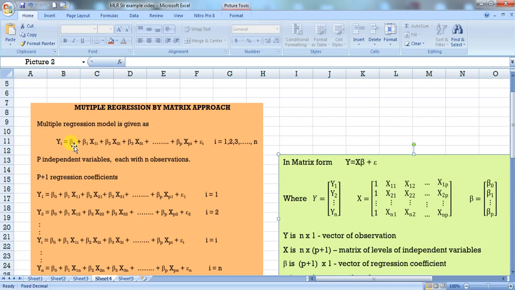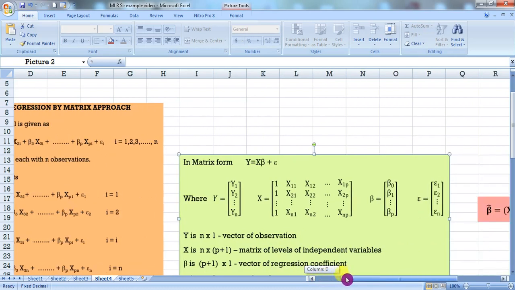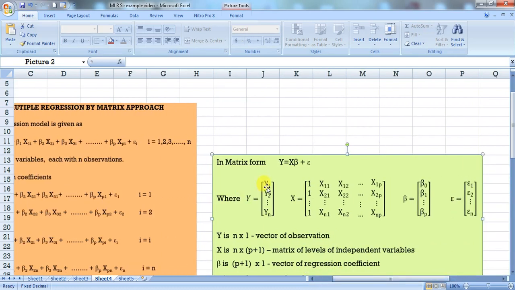For each observation y1, y2, yi, we can write the equation with respect to beta 0 and the xi variables. This can be represented in the matrix form as y equal to y1, y2, yn, so it is n into 1 order. Next matrix is x.